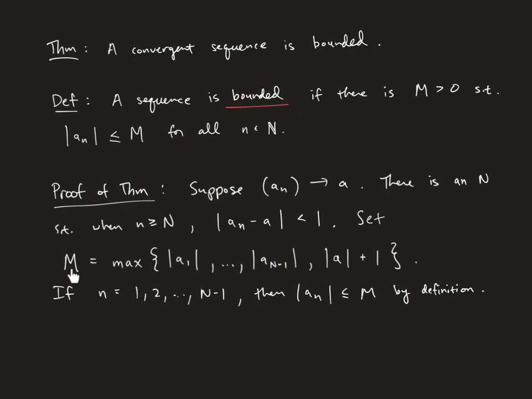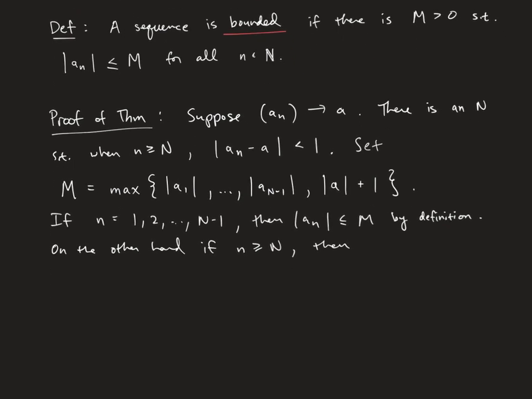Okay, because m is the max of all of these numbers. That means that m is bigger than or equal to all of these first n minus 1 guys here. Okay, so those are covered. And additionally, on the other hand, if n is bigger than or equal to n,